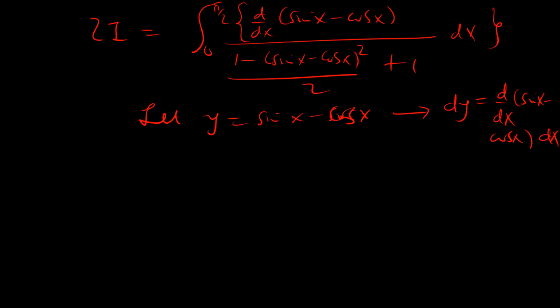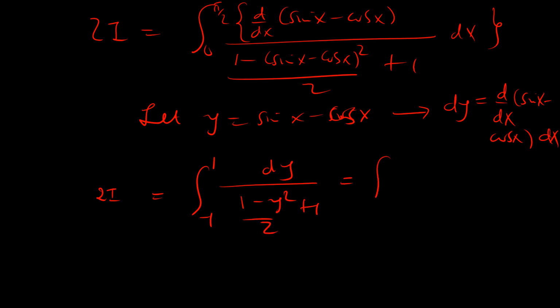Now at the limits, for 0 we have sine 0 minus cosine 0, that is 0 minus 1, which is negative 1. So 2I equals, at 0 we have negative 1, at pi over 2 we have positive 1, and then we have dy. At the bottom we have 1 minus y squared over 2 plus 1,